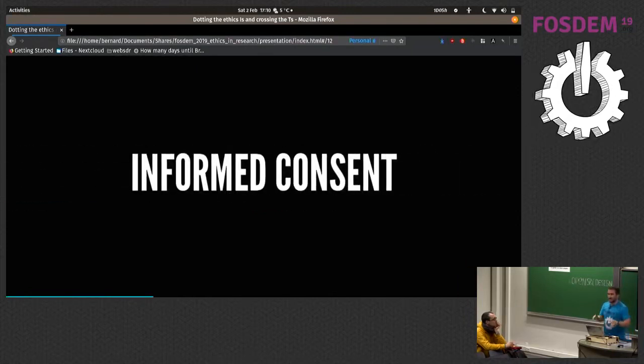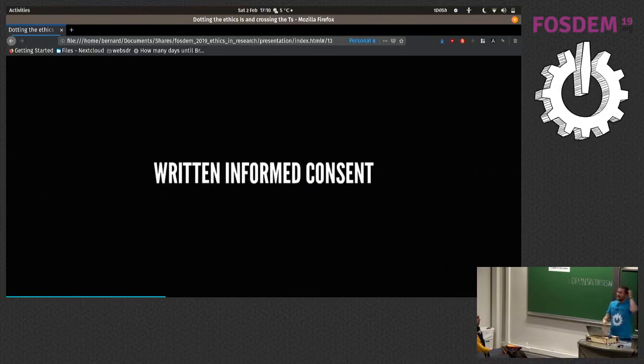Informed consent. This is really big, often really misunderstood as being really complicated. It depends on the research that you're doing. Either it can be really complicated or it can be actually quite simple. So essentially, informed consent means that before you can take as given that the person consents to take part in your research, they can only consent when they actually understand what it is that they're taking part in. So if you say, hey, come along and test this app, we want to see how it works for you. Okay, that's part of it.